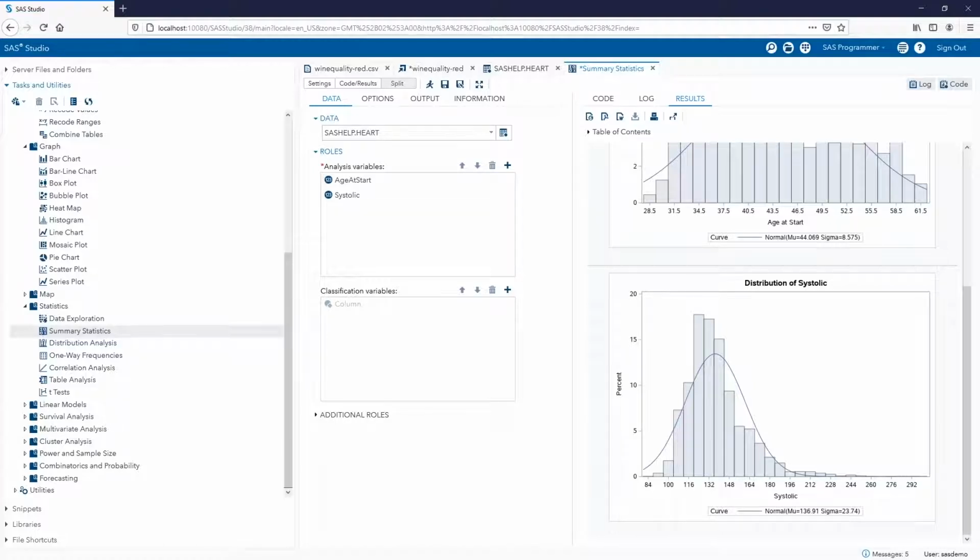And if we compare the histogram of the systolic variable to the superimposed normal density curve, we do indeed find that the peak is higher than the normal density curve, and that the right tail is indeed fatter than that of the normal density curve.